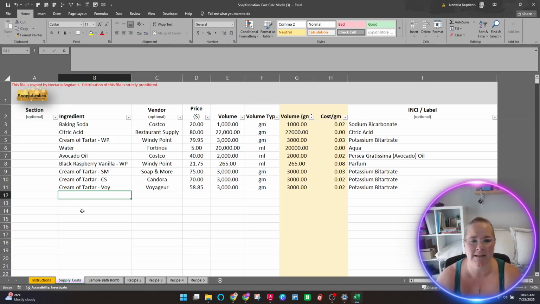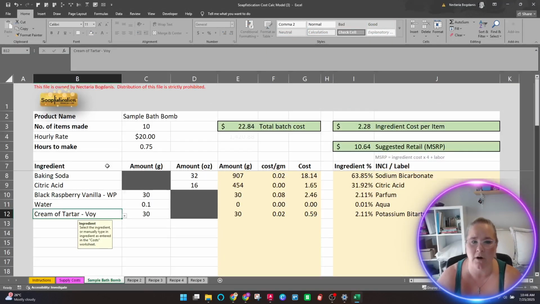Now, citric acid, let me do that one because that's going to make a bigger difference because it's used so much more in this formula. Like, it is 30% of my product. So when you're starting to look at how do I reduce my costs, your ideal is to reduce the cost of the ingredients that you're using the most of.